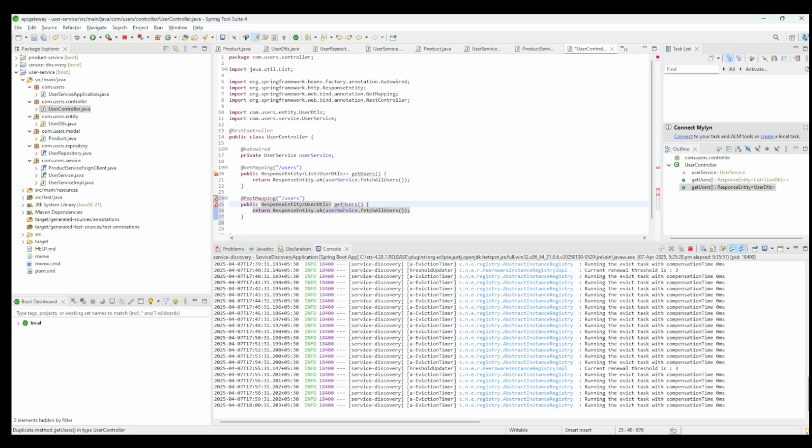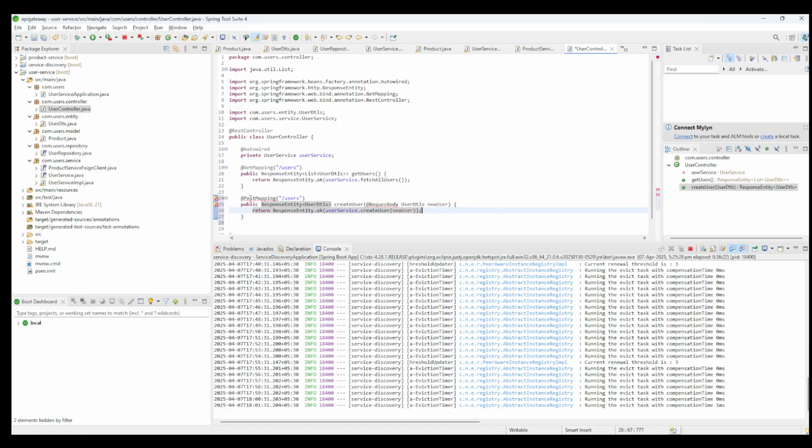and here we can use create user, and here we are going to pass the request body. And here we can say it's a user DTO, and we can say new user we are going to create. We can call the respective method of create user which is available, and we can pass this new user to